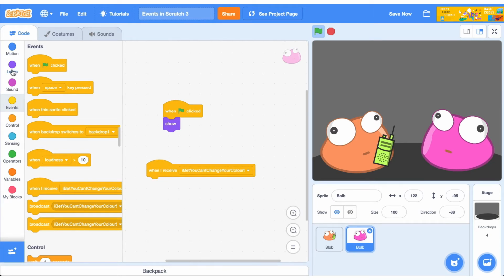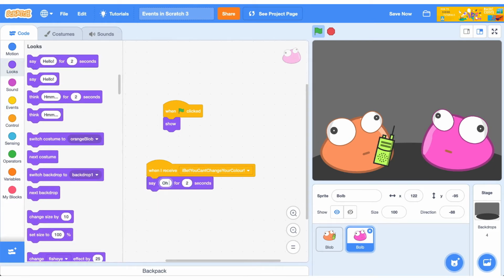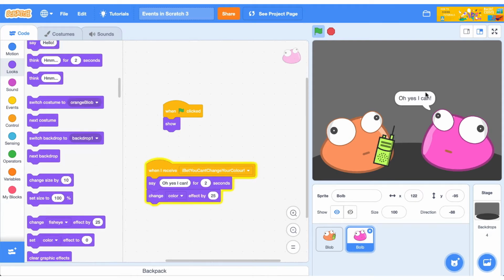Let's go do something now. Let's get our bulb to say, oh yes, I can, for 2 seconds. Then after that, we'll get it to change its color. So if I press the spacebar here, oh yes, I can, and then our bulb will change its color, and